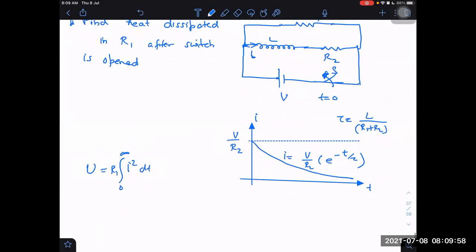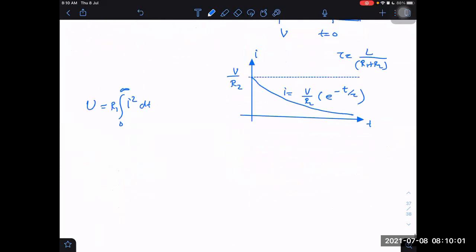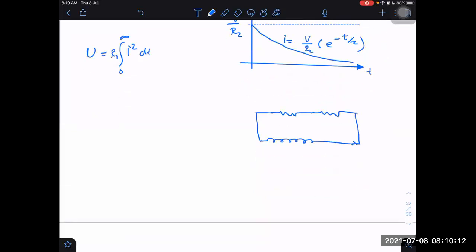The easy way is this. I know that at any instant of time, R1 and R2 will dissipate heat in equal proportion, in equal ratio. Is it right or not? At any instant of time. What is the ratio? It is R1 to R2, and the current here is I. So it will be I square R1 power and I square R2 power, in the ratio R1 to R2. I am taking the direction wrong, it can be confusing after some time. This is the direction of current actually.